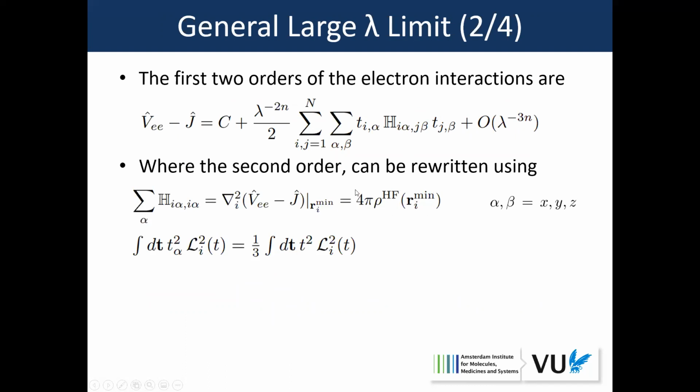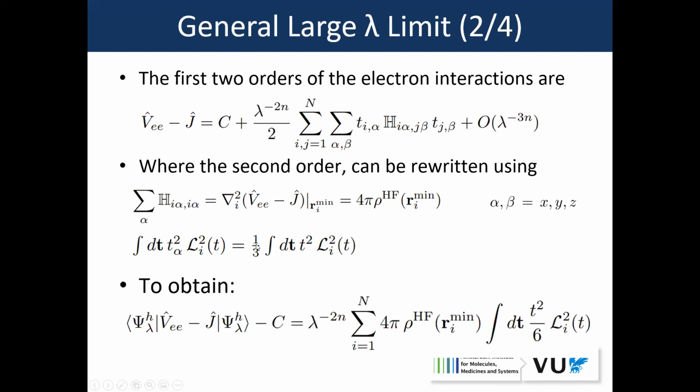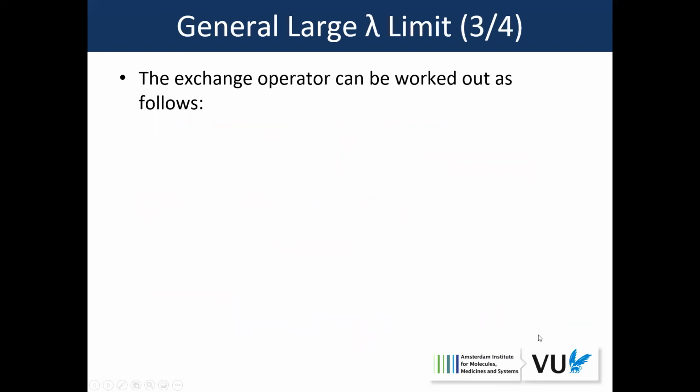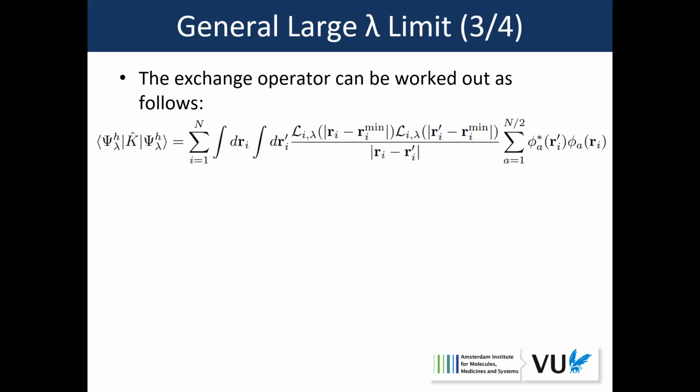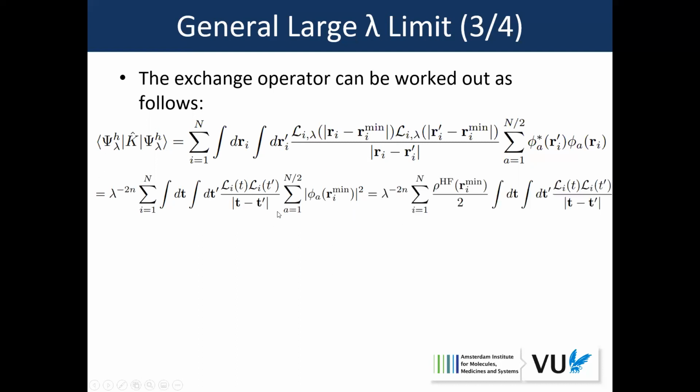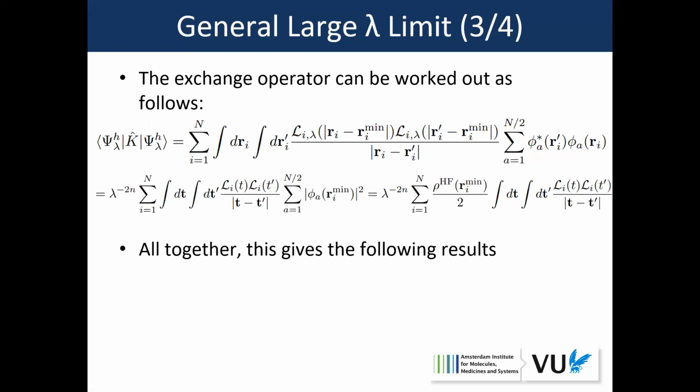The Hartree-Fock density at the minimizing positions. And we can also use this 3D integral, which you can see here, and we obtain these equations, which look very similar already, because we have again the Hartree-Fock density in front of it at the minimizing positions instead of at 0, but again, this very familiar term here. And the same can be done for the exchange operator, which looks like this. When we switch to our coordinate system with the t, we can get a simplified equation where again these terms will just result in the Hartree-Fock density, which we can take outside. So we eventually get the following results all together,